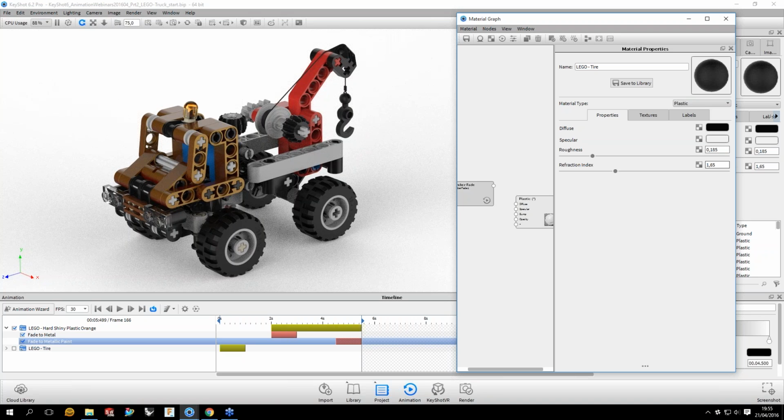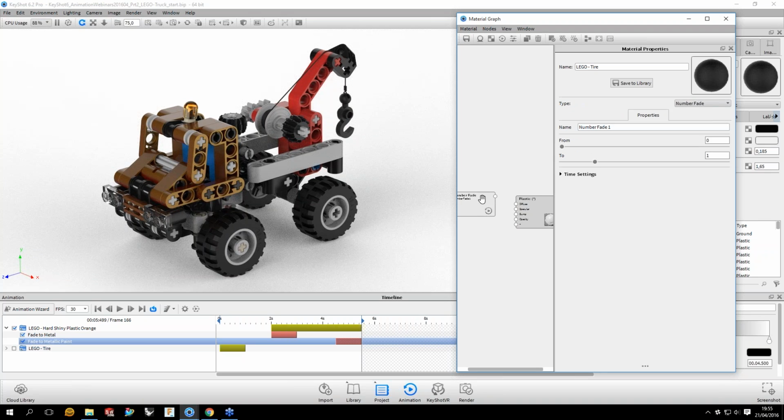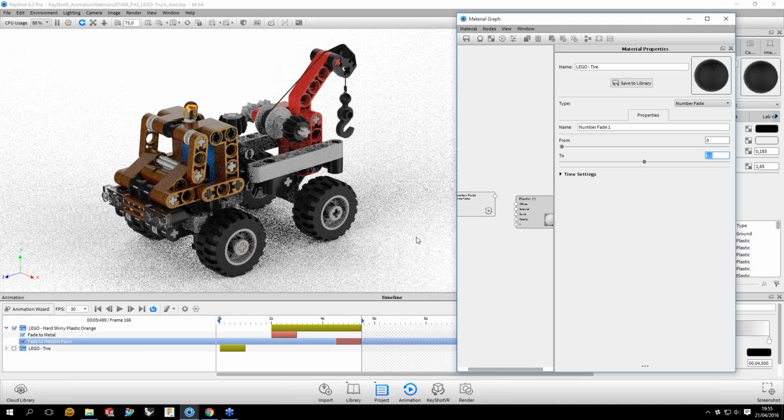So we could double click the number fade and set it from 0, which is going to be perfectly shiny if we map it to roughness, to 0.2. If we now connect this onto the roughness, it's going to add a map for the material, which is Lego tire, which is the material shared across